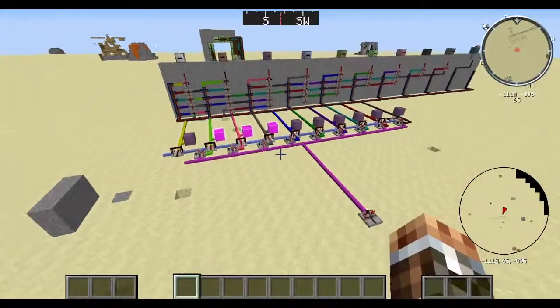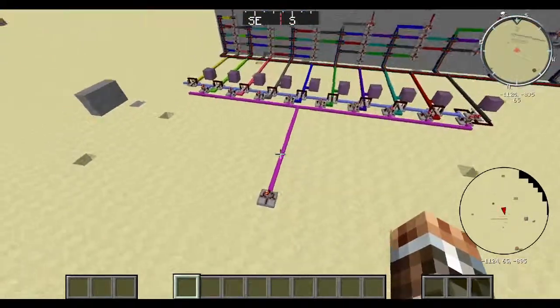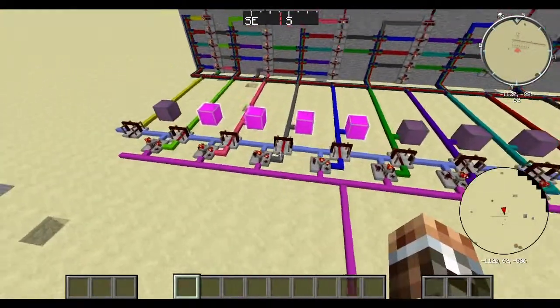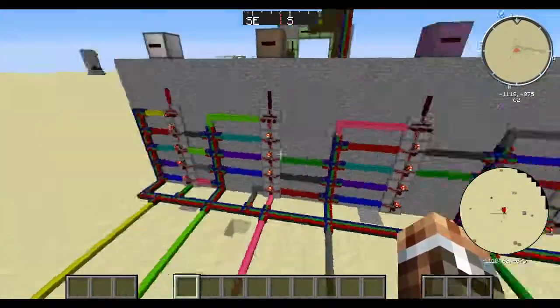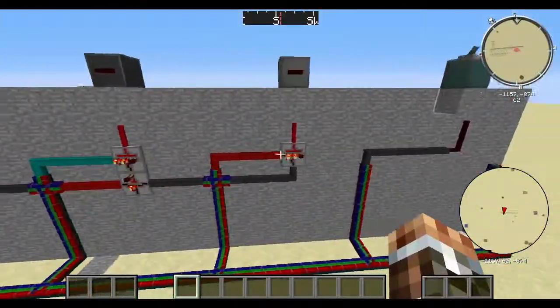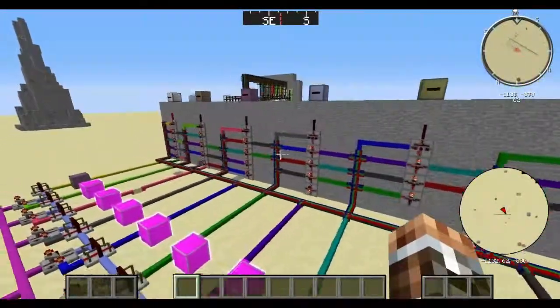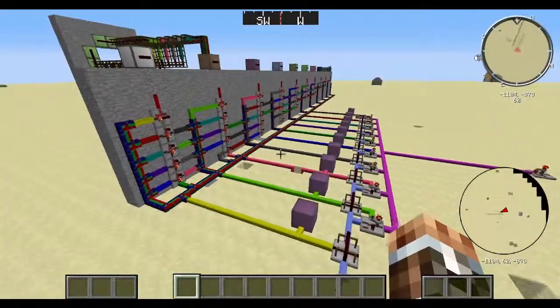Basically, I'm trying to do another clock because of a lot of the stuff that's available in this mod. I think it would be, I guess you could say, better as a teaching tool than my first digital clock was. So I've been trying to work it out and get it to run properly, but